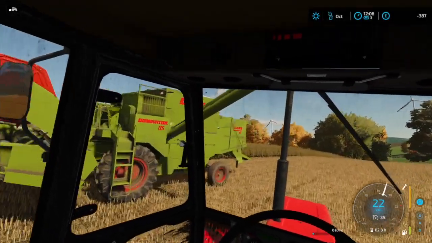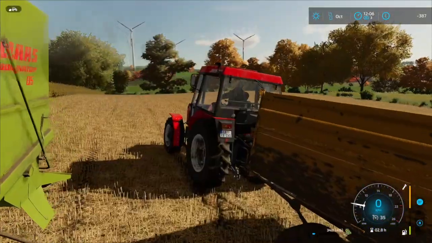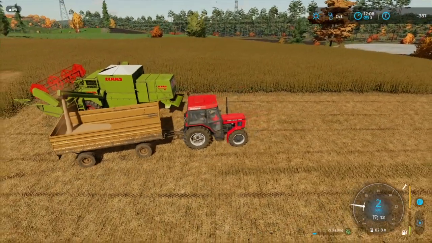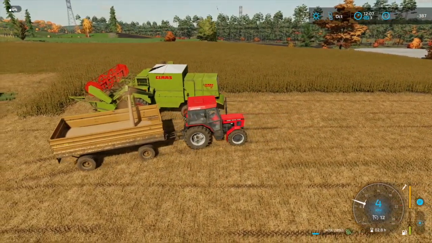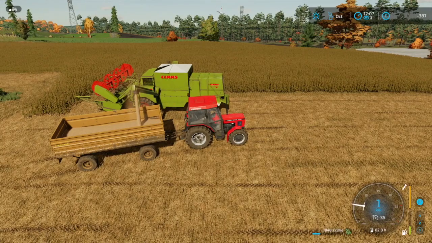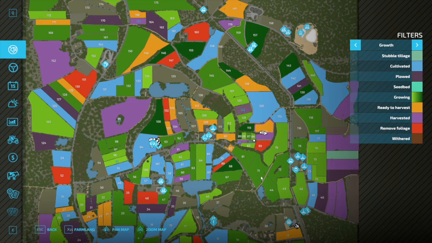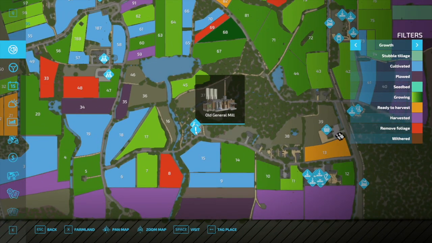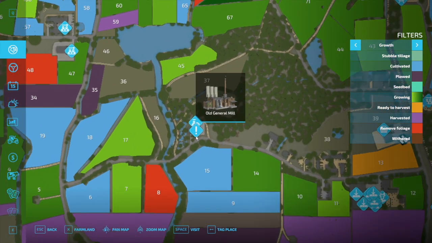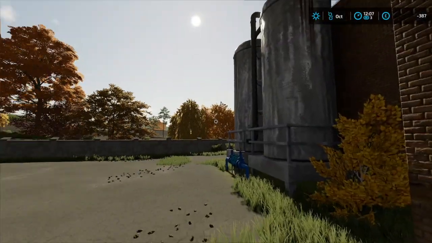Alright, here we go. Right, so we'll get it nicely evenly distributed amongst the trailer. And while this is loading, actually we might as well have a look at where we're meant to bring it. So I'm seeing an exclamation point at the old General Mill. Is that where it is then? Right, so I suppose